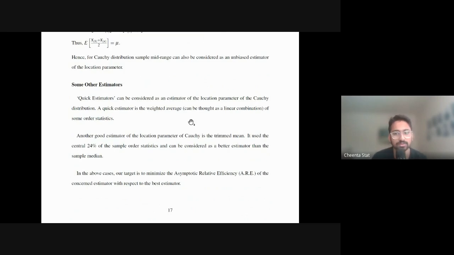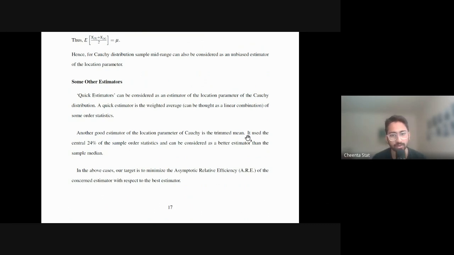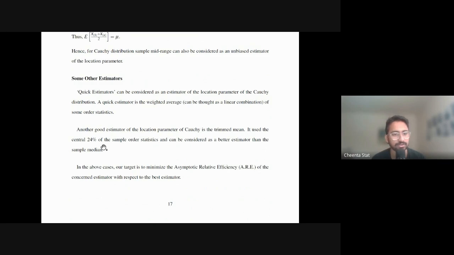Another good estimator of the location parameter is the trimmed mean, which uses the central 24% of the sample order statistics, and is also a better estimator than the sample median. I didn't understand this very well, but